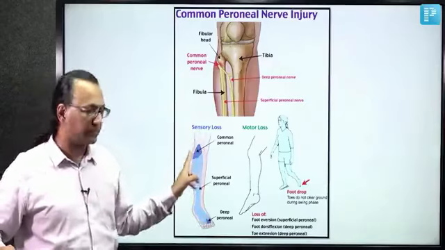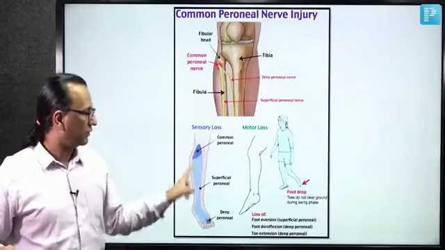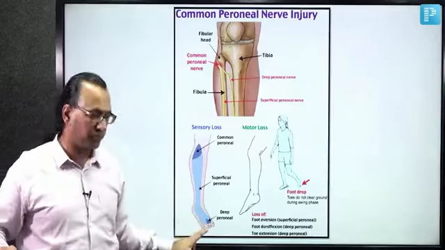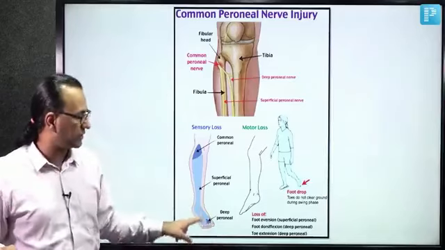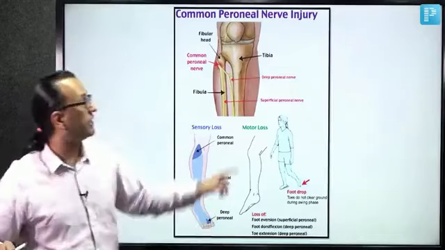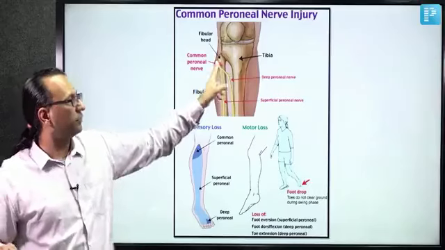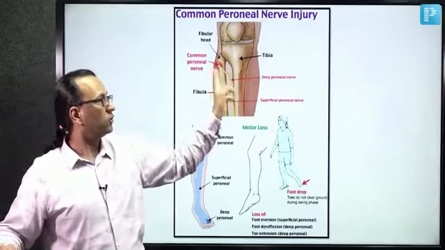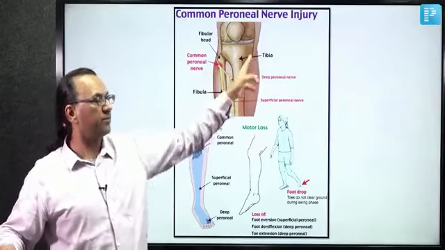The territory of common peroneal nerve is lateral to the knee, and territory of the superficial peroneal nerve is the lateral leg aspect, and also most of the dorsum of the foot, except the dorsum of the first web space, which is actually supplied by deep peroneal nerve. All will have sensory loss if there is injury of the common peroneal nerve lateral to the neck of fibula. That could be a blunt injury, or it could be due to a POP cast which has been put tightly